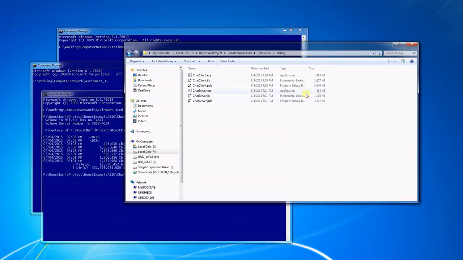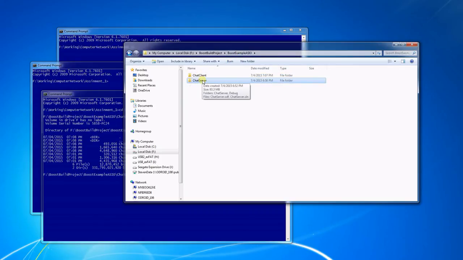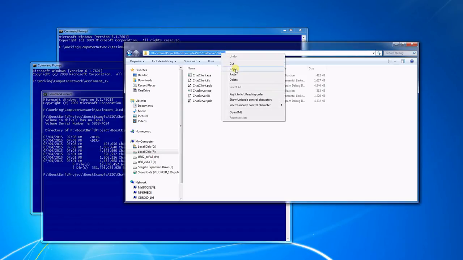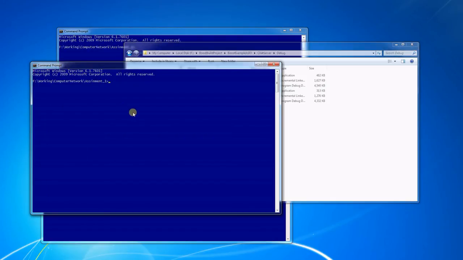Okay, and let's see where the chat server is. Oh, okay. The chat server is in the same place,